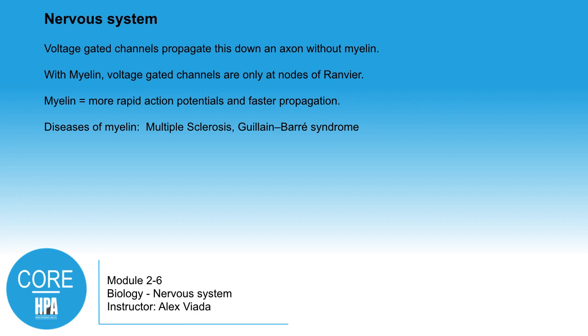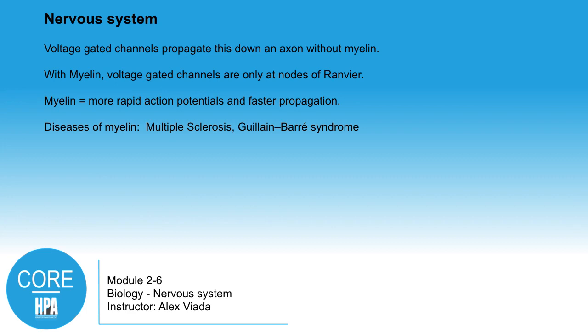So the distance between the nodes of Ranvier, the thickness of the myelin, the width of the myelin, is more or less dictated by how much sodium can propagate and maintain that charge. So basically, the way these myelin sheaths work is they insulate each portion, and rather than a slow propagation, you get this propagation that goes down between one and the next, and it pops from one node to the next.